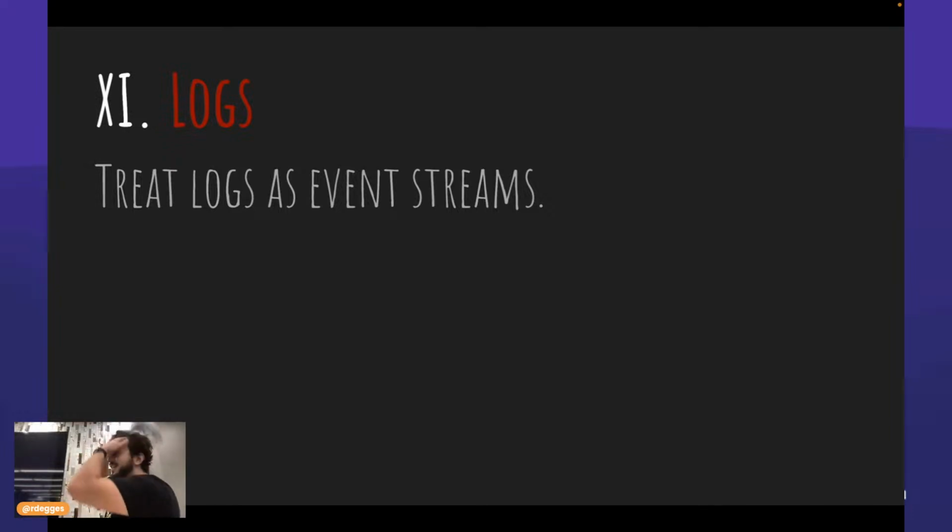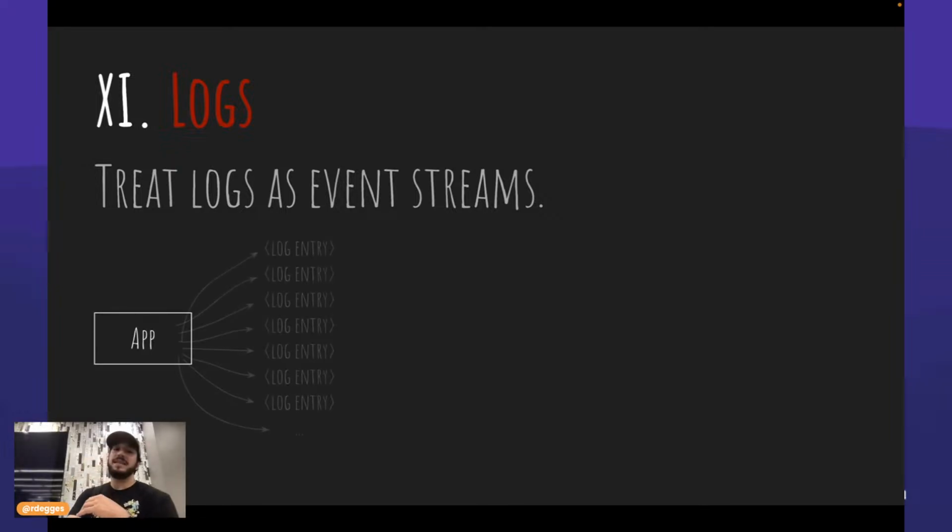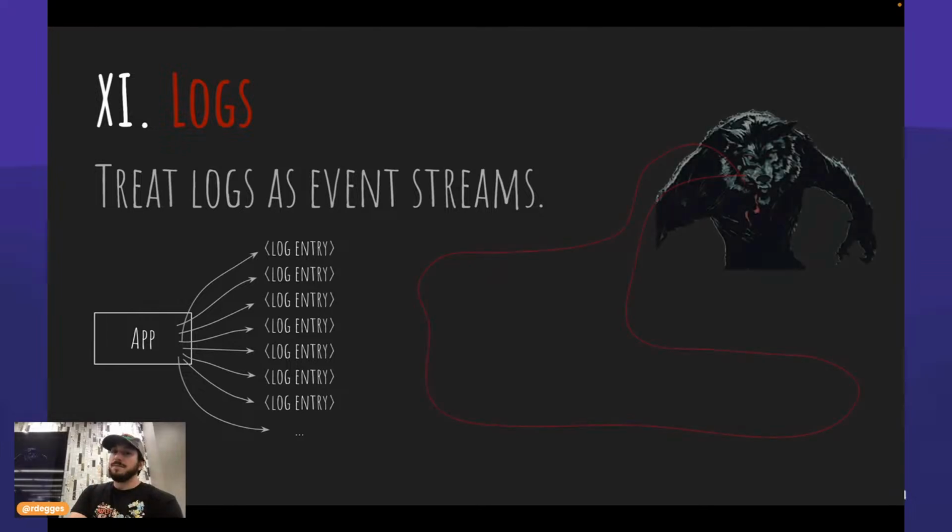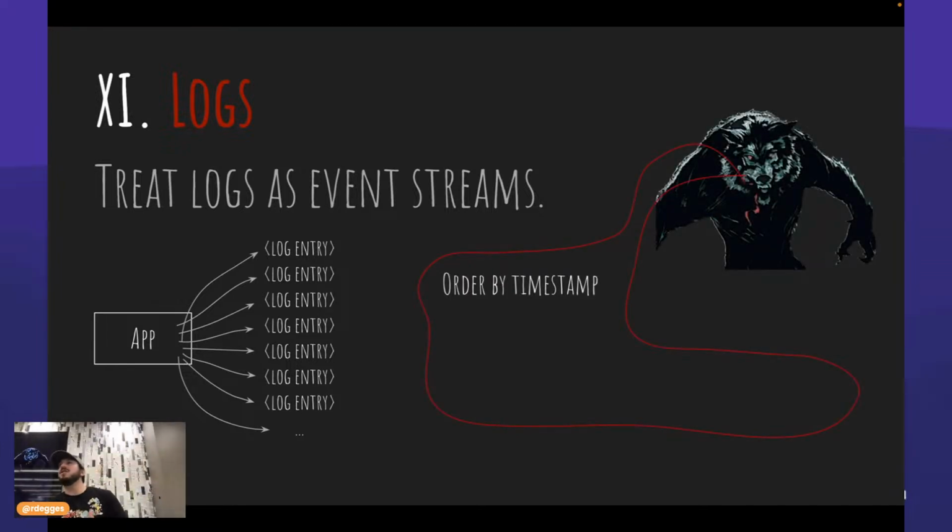Okay, so logs. The 12-factor app states you should always treat your logs as event streams. So here's an example. You have an application, right? Your application generates logs. And the rules are your logs should always be ordered by timestamp. You should always write them to standard out. And you should then have some logging aggregator services pull those into some different places so you can use it